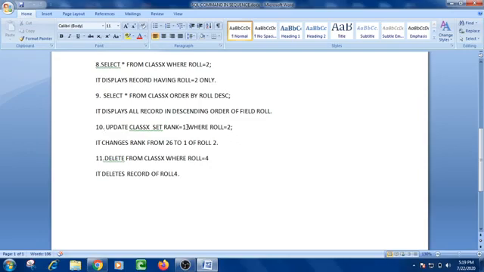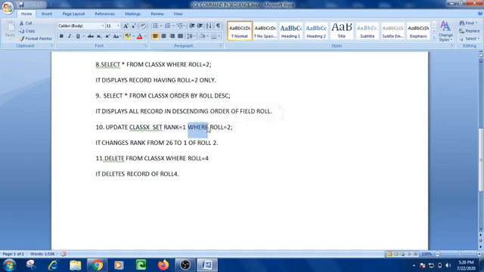Update command is always used with the set command, and the way to use it is first I will write the update command, then I will write the name of the table, then I will write set. With the set I will give the name of the field whose value is going to be changed. Suppose that I have written update class 10 set rank is equal to 1 where roll is equal to 2.